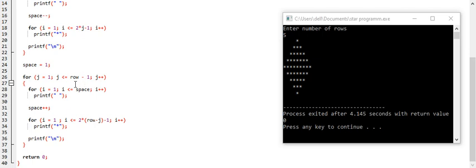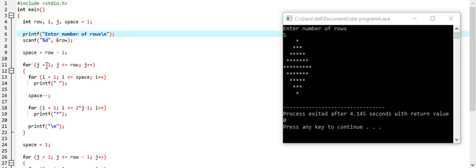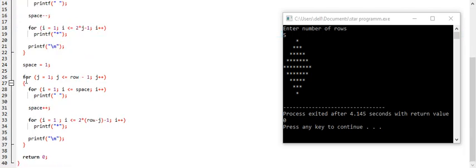In this part of the program, I have used space, and I have given it the initial value 1 in the initialization process. Here I have used a for loop in which I have used j equal to 1, and a condition that j is less than or equal to row minus 1.